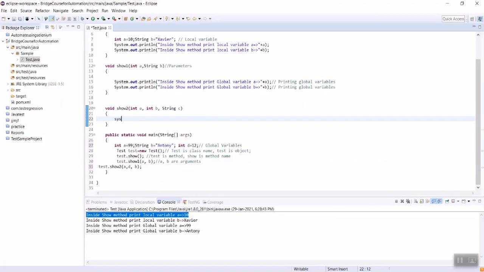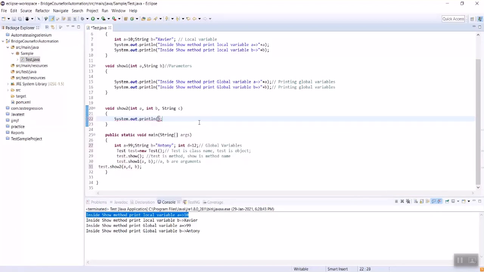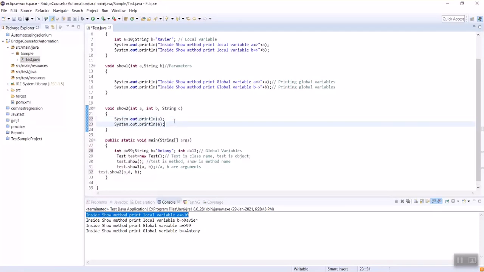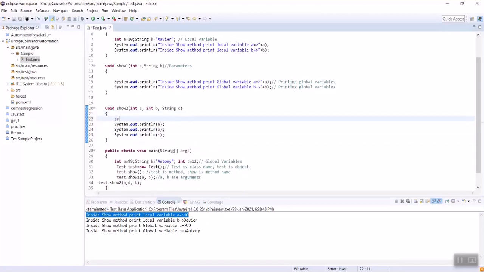So inside line number 21 to 23 we need to print statement. As far as this statement A, B, C, 2 integers and 1 string value we are going to pass it. So A comma D, that will be 2 integer values, B is a string value. Then these 2 arguments, line number 33 should be matched with line number 20.